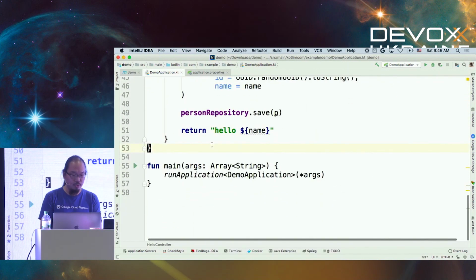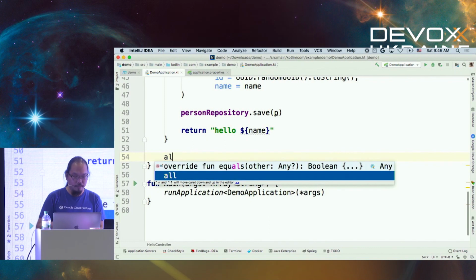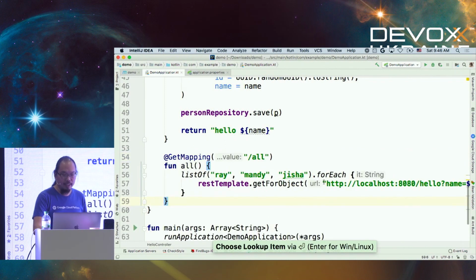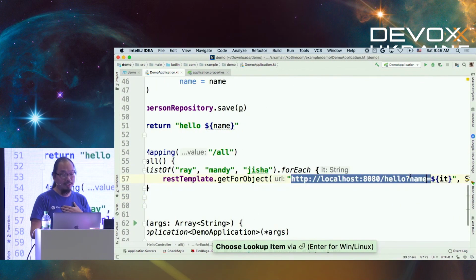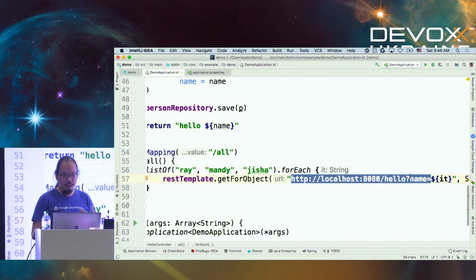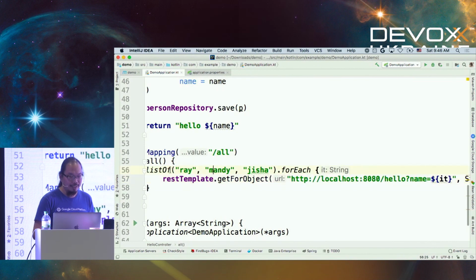And then what I'm going to do is to just iterate through a few names so that I can call myself, but over the HTTP call here, so when I'm simulating another microservice call, right? I'm going to iterate through a few names. Ray, Mandy, that's me. Mindy, she's awesome. She's one of my colleagues. And Jisha, also one of my colleagues who actually worked on this project as well. So what this will do is to simulate the call. So I'm going to call myself, call another service 3